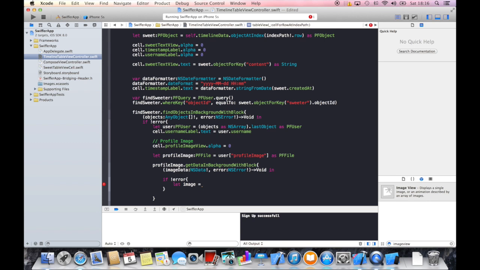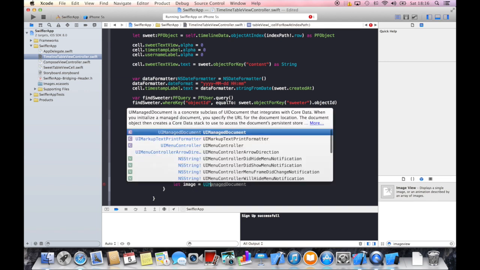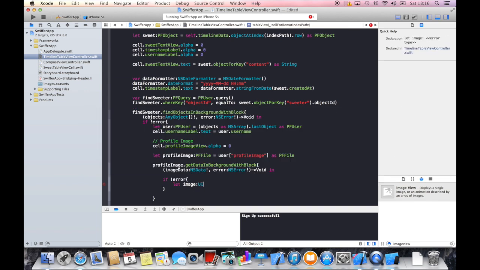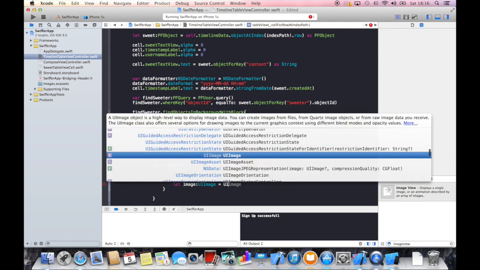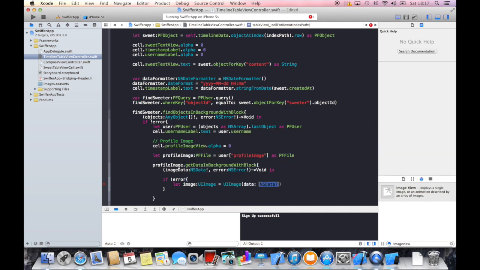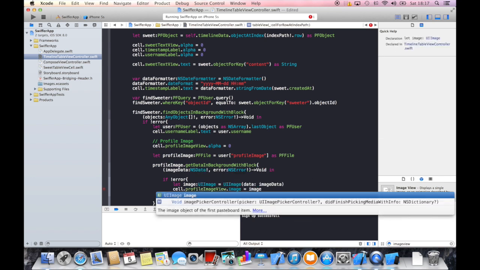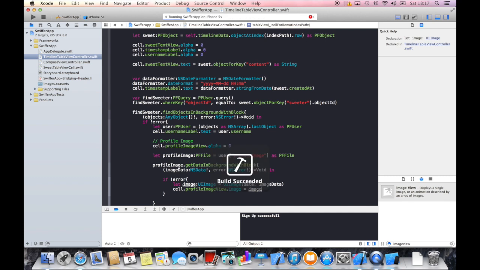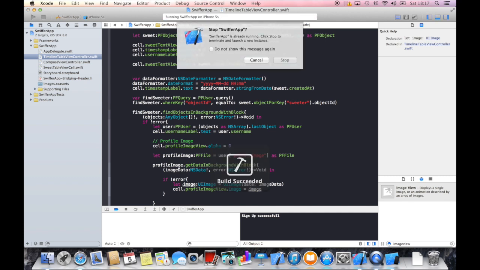So we use the UIImage initializer, and we can now use our image data to initialize this image. And all we have to do now is say cell.profileImageView.image equals our image. And if we now build and run our app, then we should actually see,